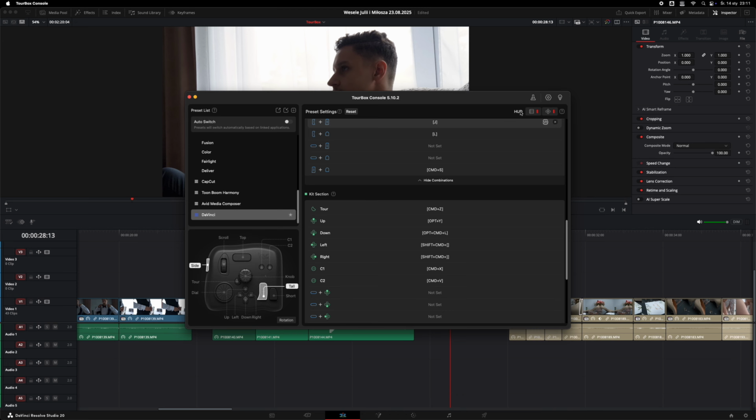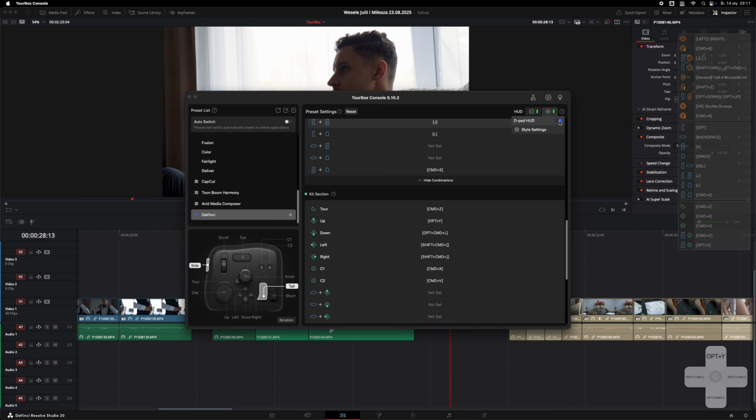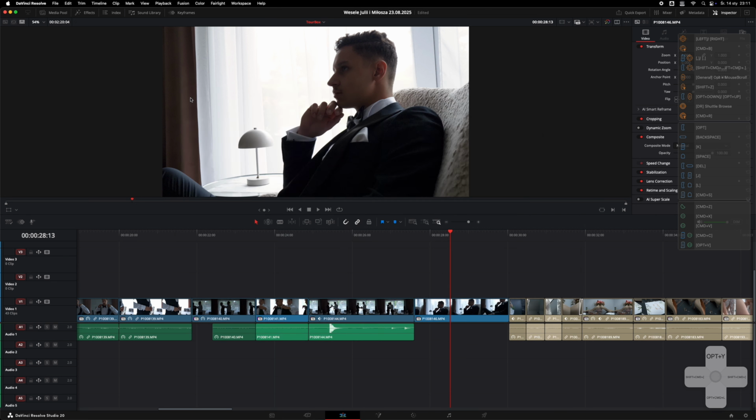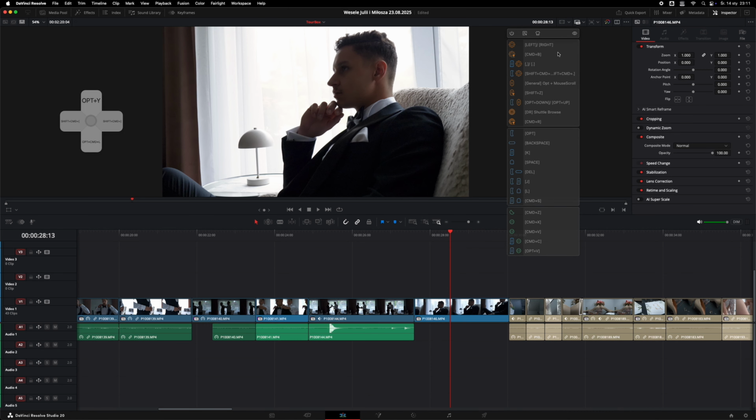So here you have a general HUD, so you can switch that button, and here you have all the combinations that you already set up. So you can see them on your screen, and you can move that around the screen as well.